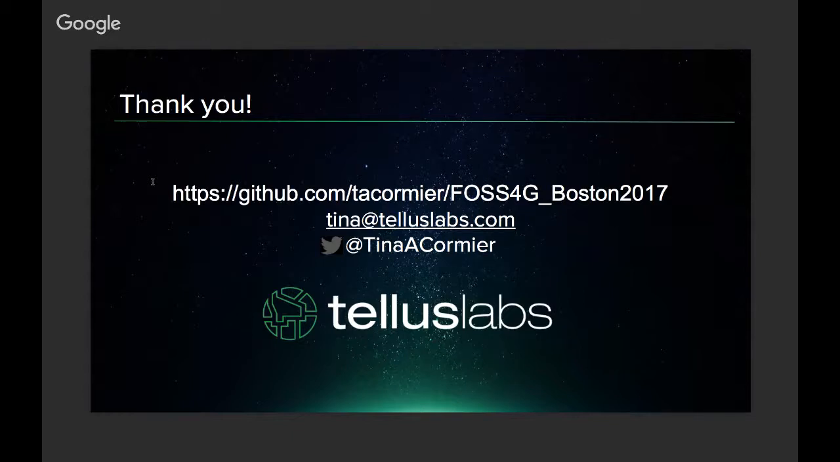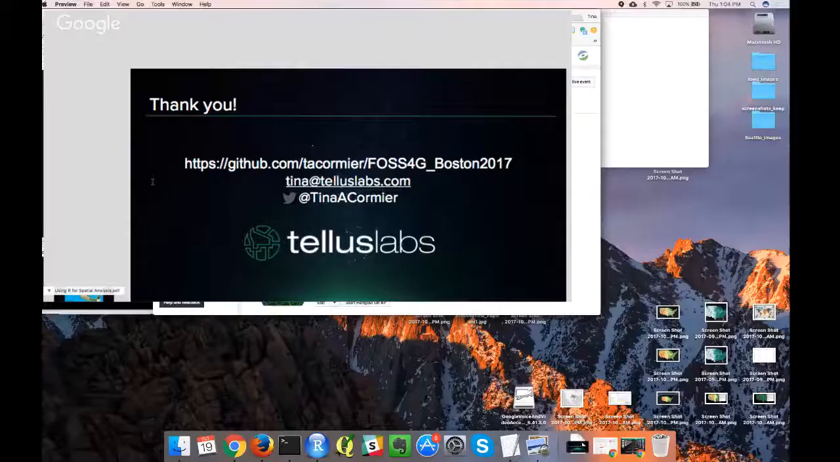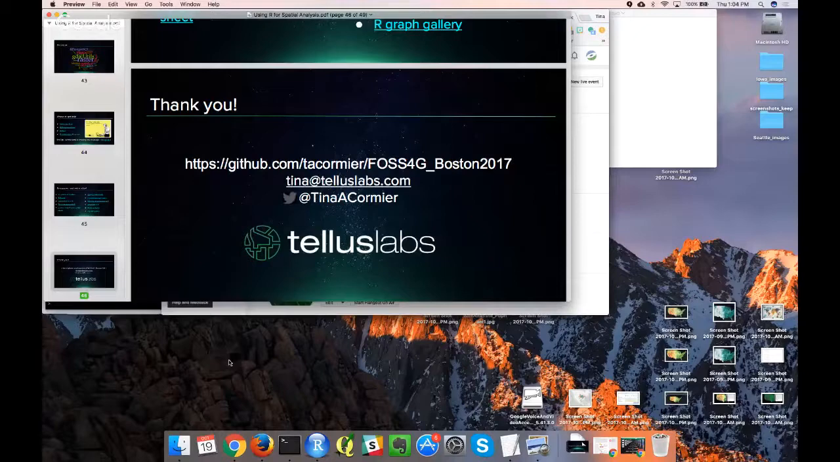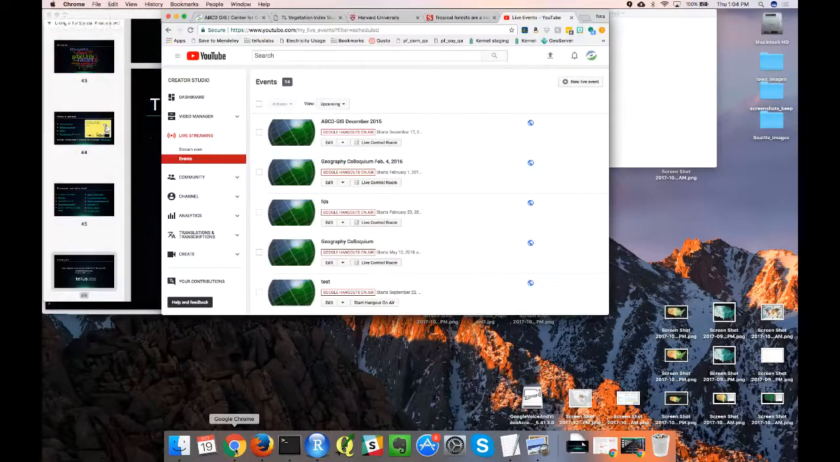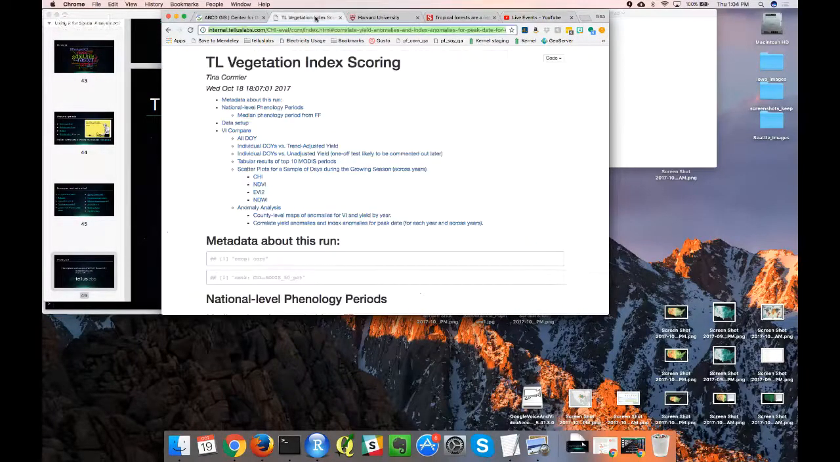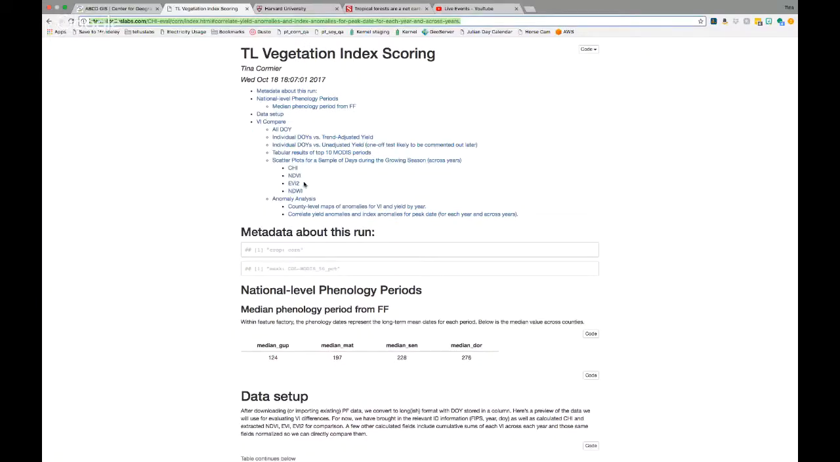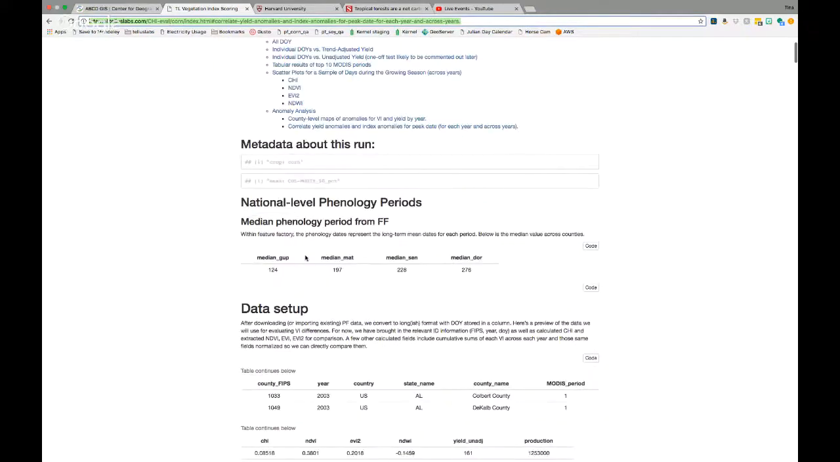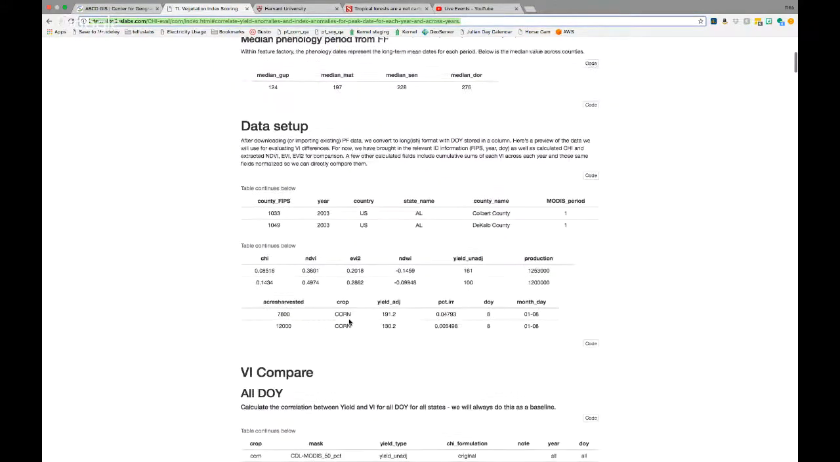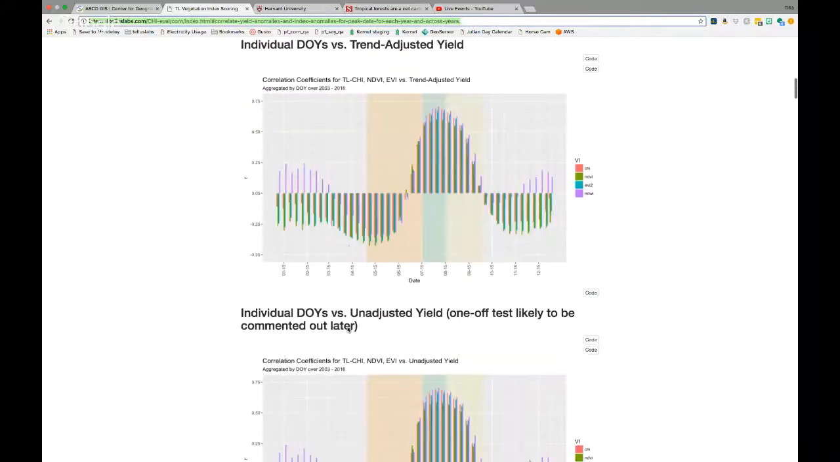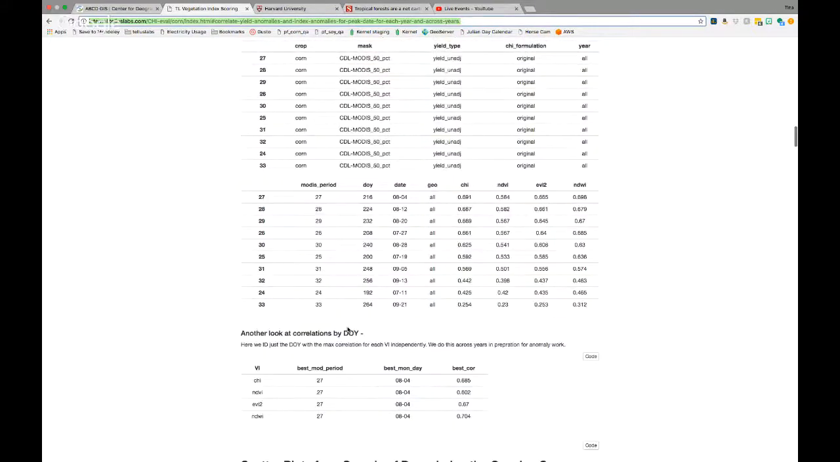Early on, you mentioned R notebooks, and I may have missed it towards the end. Is that different than Jupyter notebooks? It's similar, the same idea. Here's an example where I'm just comparing some different vegetation indices, and you can see that I have a little table of contents here and some text, some previews of some tables, some graphs, just all integrated, and also